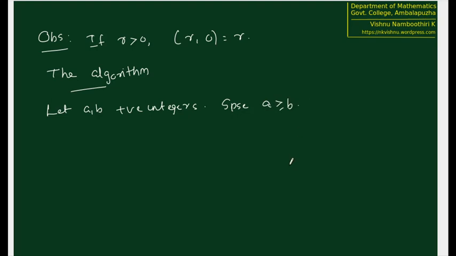This is not going to cause any harm to us because if we have to find the GCD of A, B, and suppose that A is less than B, then we can reverse the roles of A and B because we know that GCD of A, B is the same as GCD of B, A. So one of them is definitely going to be greater than or equal to the other, and the largest one we assume to be equal to A, and the smaller one we call B. And remember that if A is equal to B, then there is no need to find the GCD using any technical steps, because the divisors of A and divisors of B are the same. Therefore, GCD is going to be the largest divisor of A, which is A itself.